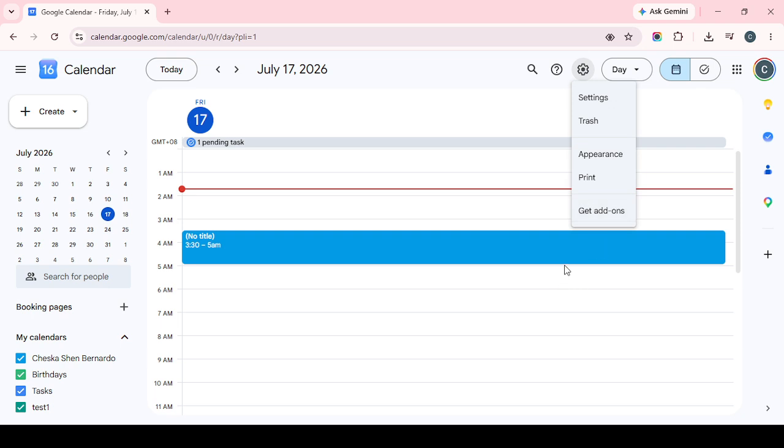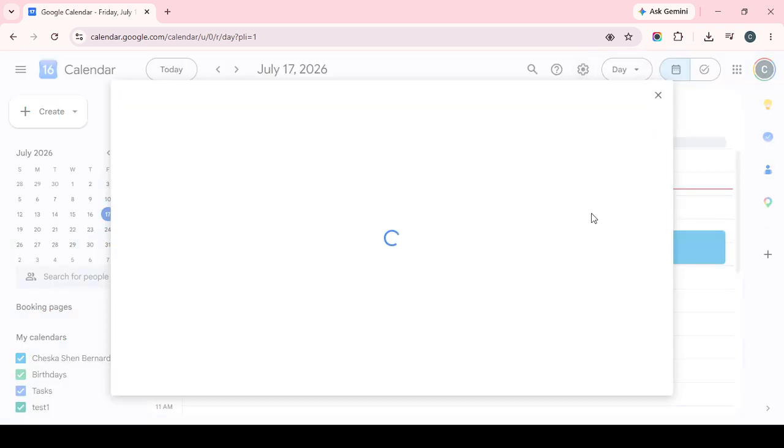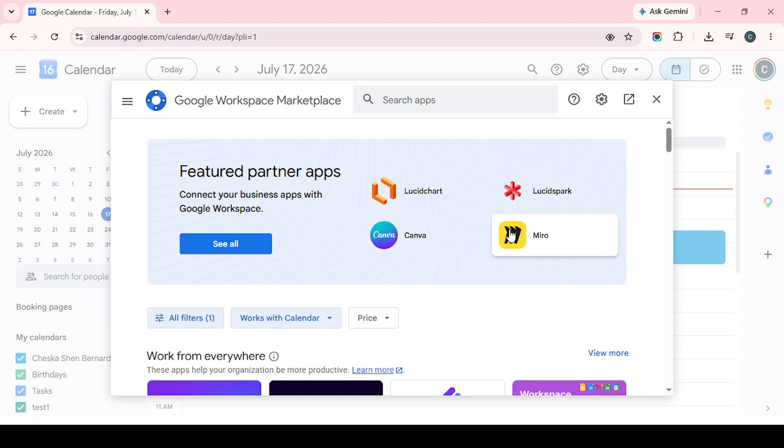From that menu, select Get Add-ons. This will take you to the Google Workspace Marketplace area connected to Google Calendar, where you can browse tools designed to expand the way your calendar works. Depending on your connection speed, this page may take a moment to load, so just wait until the Marketplace interface